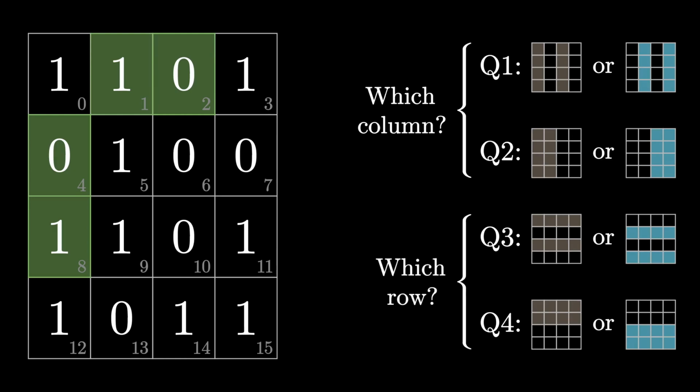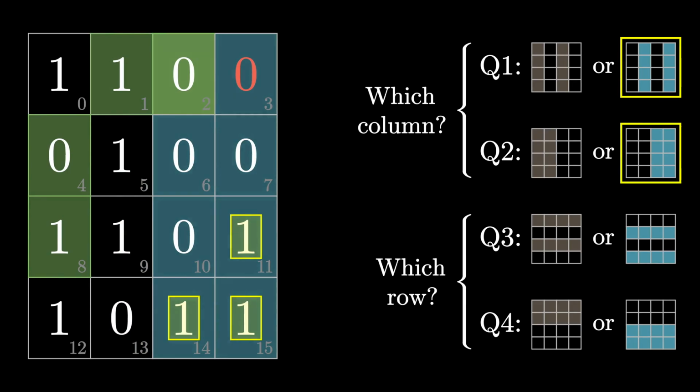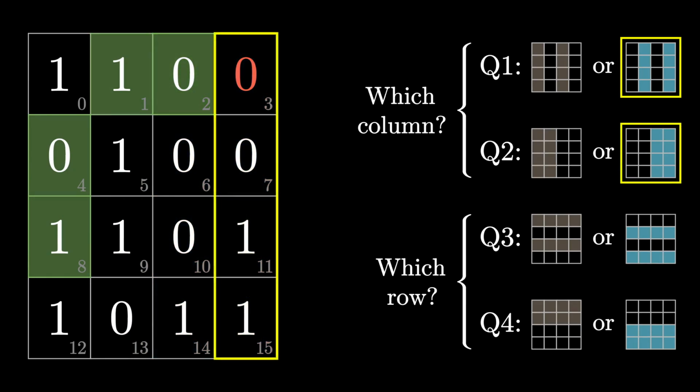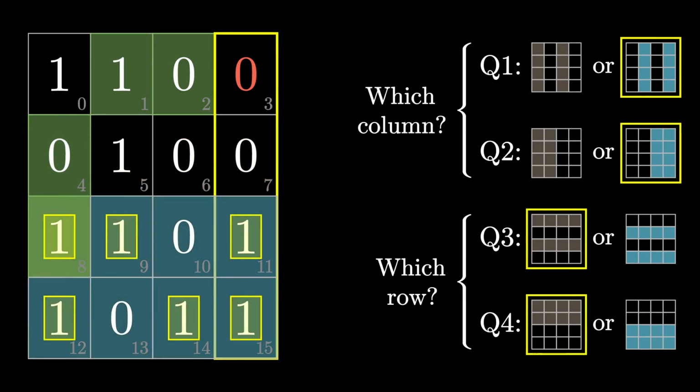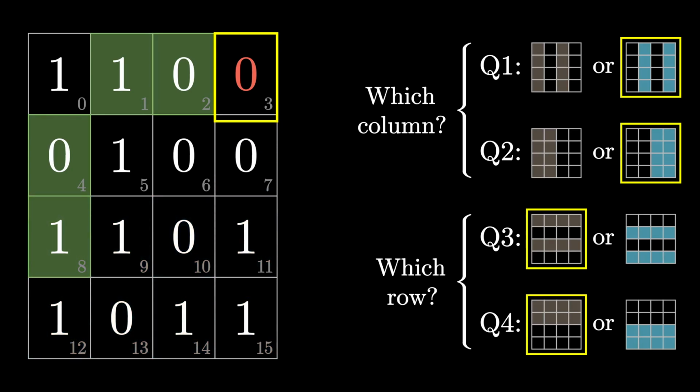pin down the row. As an example, imagine that during the transmission there's an error at, say, position 3. Well, this affects the first parity group, and it also affects the second parity group, so the receiver knows that there's an error somewhere in that right column. But it doesn't affect the third group, and it doesn't affect the fourth group. And that lets the receiver pinpoint the error up to the first row, which necessarily means position 3, so they